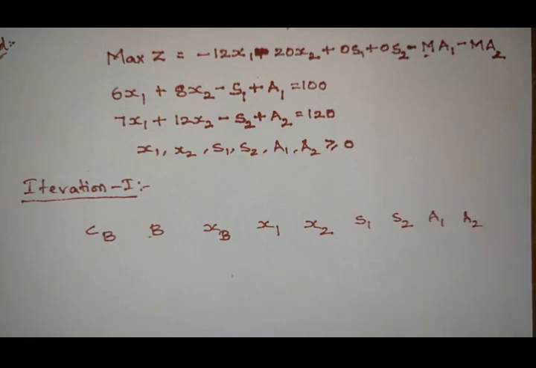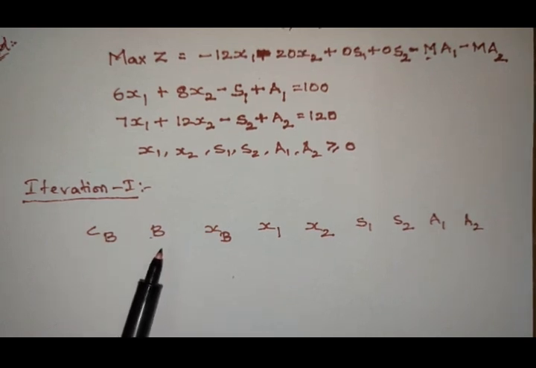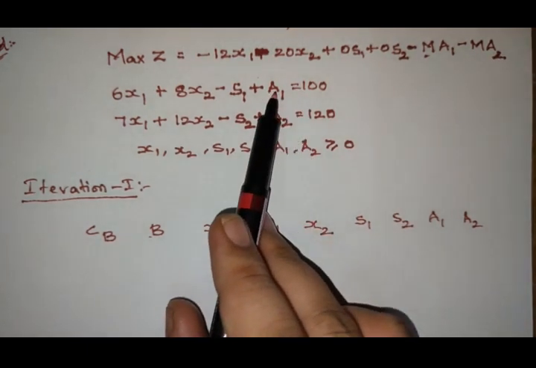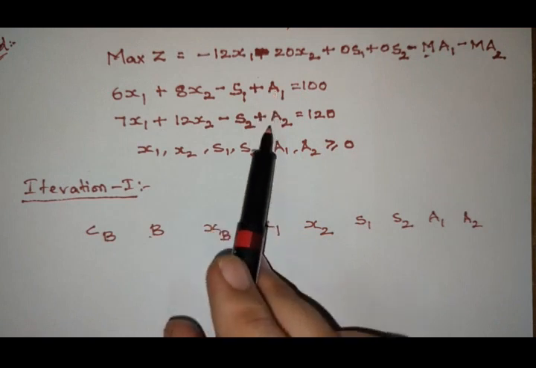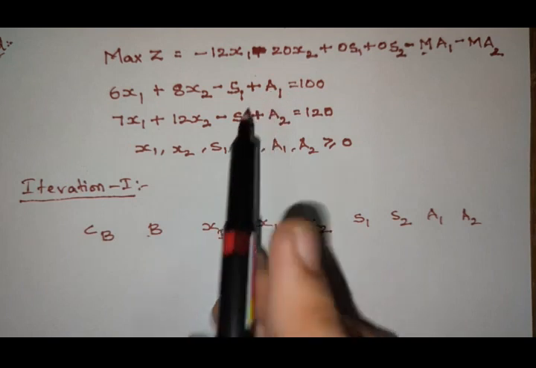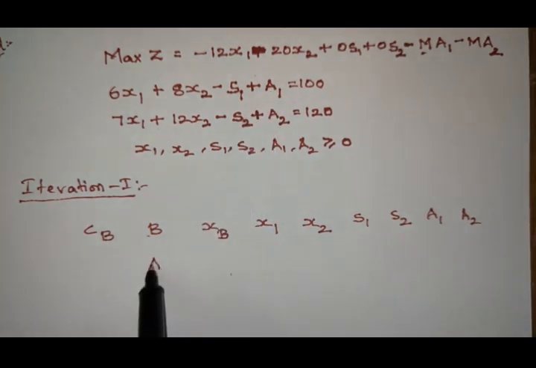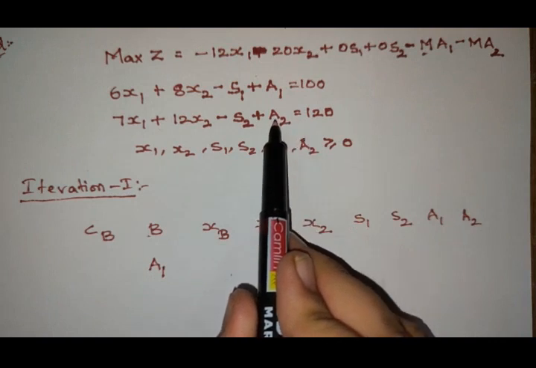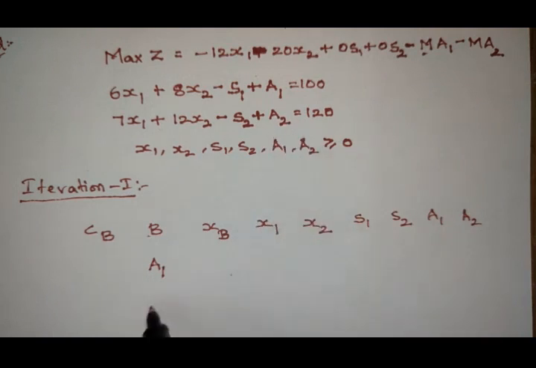So now let us write the variables under B. What are the variables we need to write? To the constraints, whatever the first terms are there, we need to write them. What is the first term to the left of the equals sign? a1. So now let us write a1. And next to the second constraint also, what is the left side first term? a2. So here we are writing a2, right?